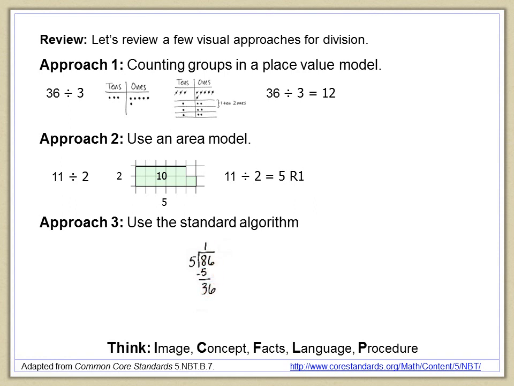We get 36. Often people write the 0 right here, or other people will just say, let's bring down the 6. I remember learning it that way. But this is really a 50, and when we're taking 50 from 86, we get 36. And now we know that the next question is, how many times does 5 go into 36? Well, it doesn't go 10 times, it goes less than